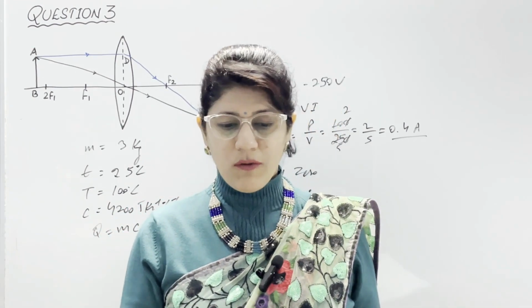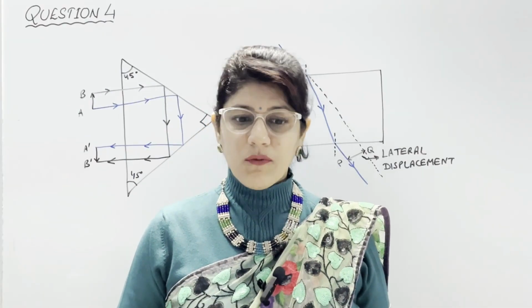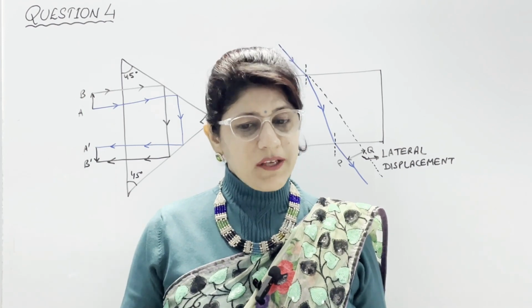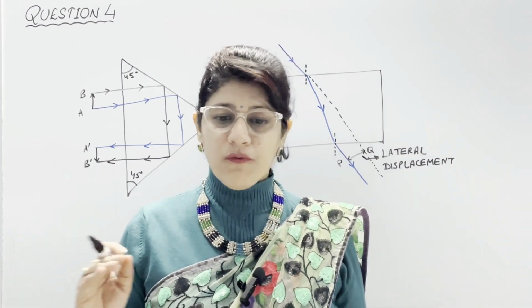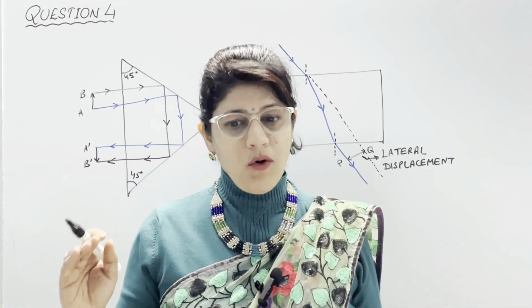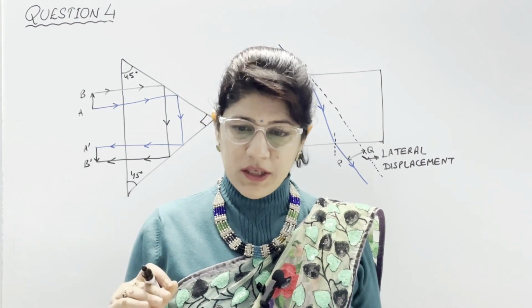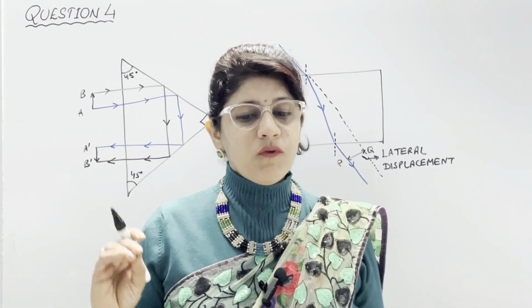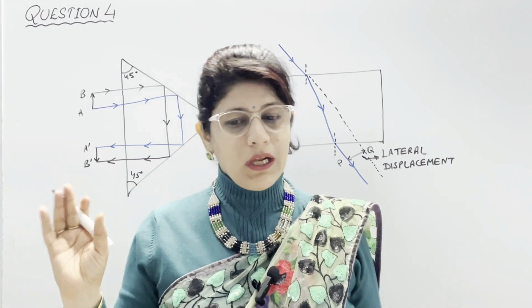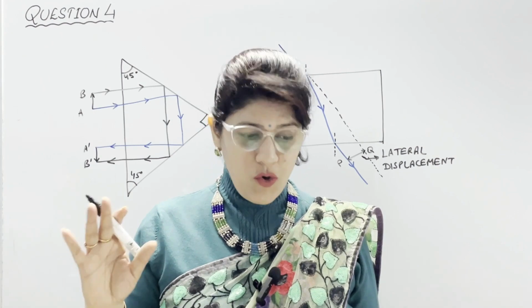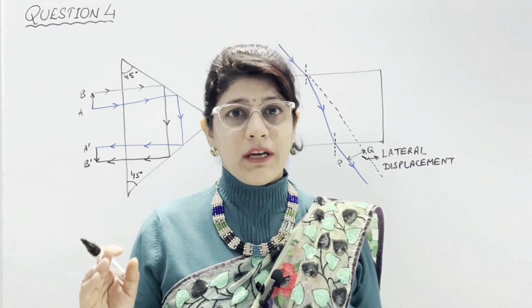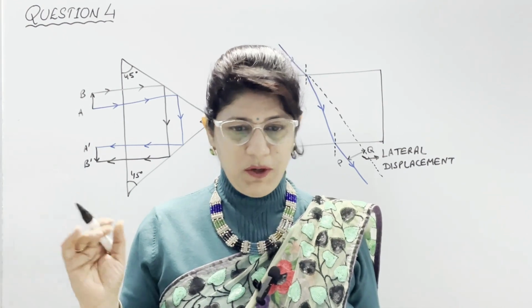Now coming to section B. Now let us start with section B, question number 4, part 1. A glass slab is placed over a piece of paper on which VIBGYOR, in capital alphabets, is printed with each letter in its corresponding color. A. When viewed from above, will the images of all the letters be in the same plane? No, because the colors are separated due to different deviation for the rays of different colors, that is dispersion.